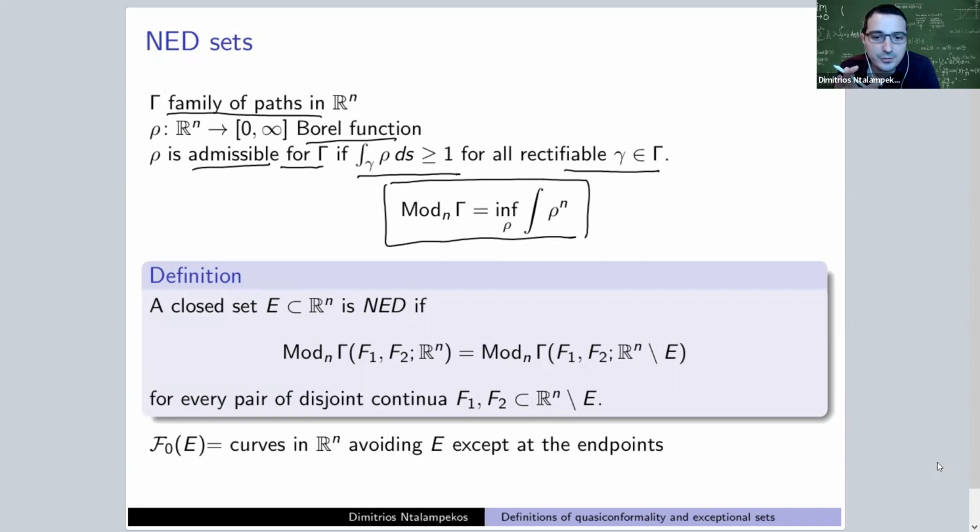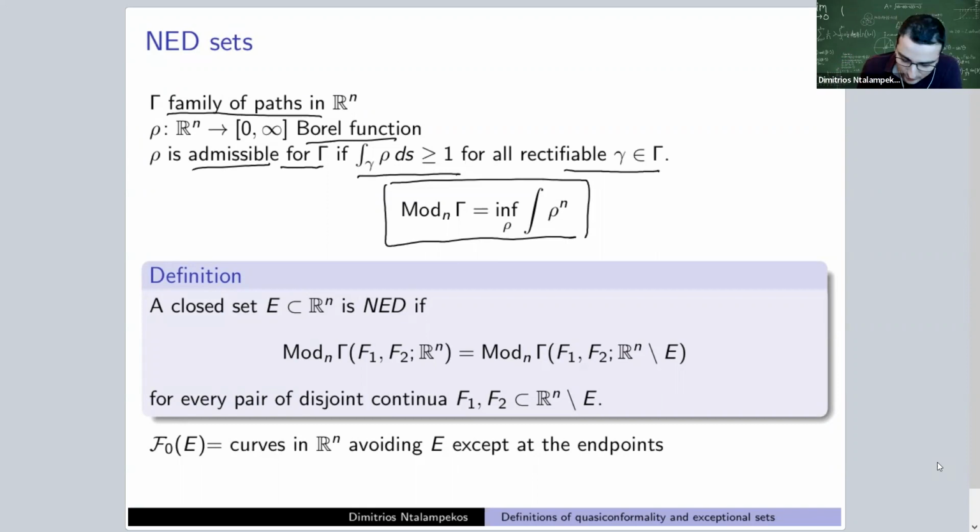For those who see this for the first time, this definition might seem a bit obscure. A related notion is that of extremal distance, which is simply the reciprocal of modulus, but I prefer to stick to modulus because it's more commonly used in modern quasi-conformal theory. We can think of modulus as an outer measure on curves, and actually it is an outer measure. So in some sense, it measures how big a curve family is.